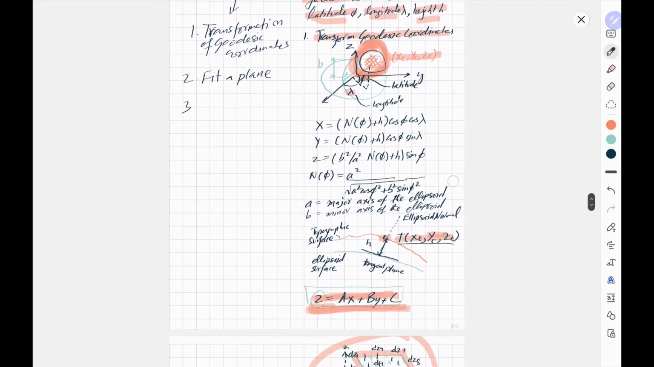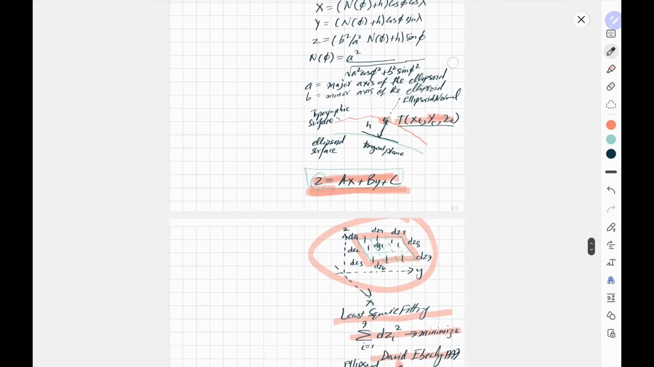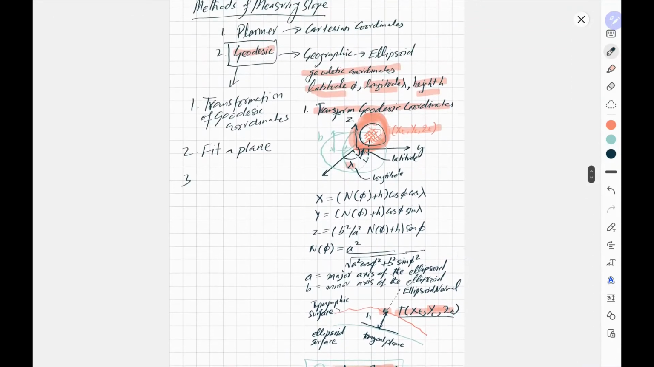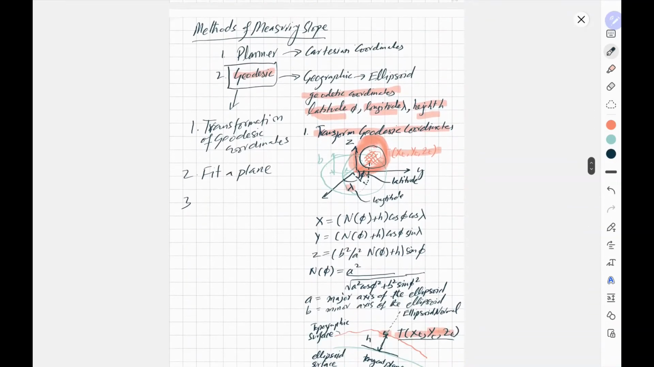Third is that the surface fit is minimized by least square fitting. We perform least square fitting on that surface. So there are 3 steps which happen, and then you compute the tangent,